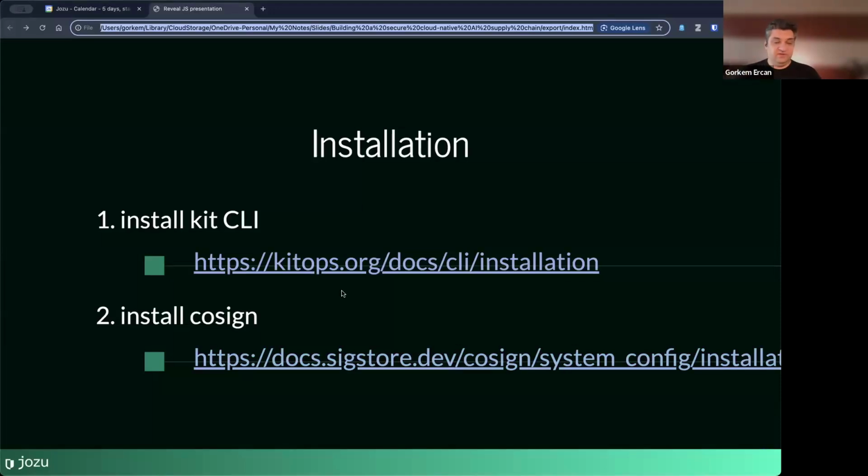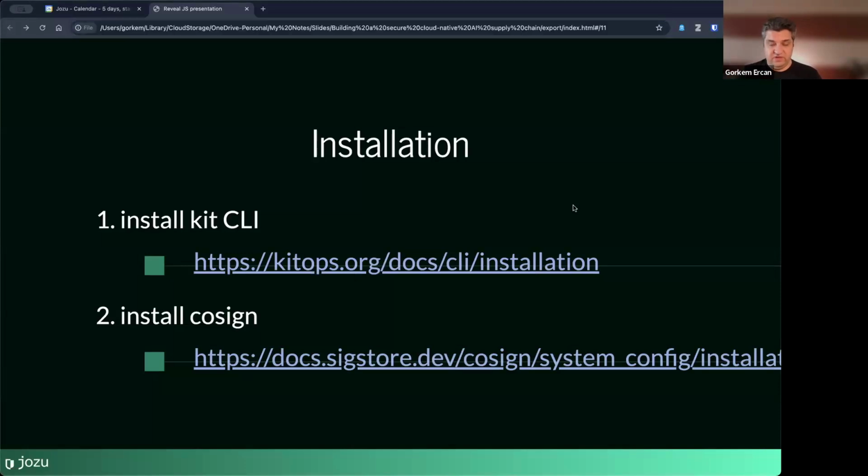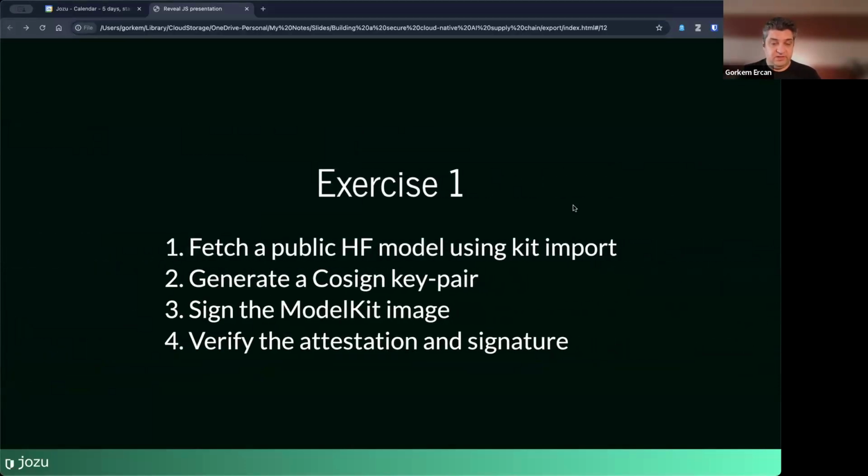All right, so these are the places where you can install the Kit CLI and the Cosign CLI. And once you have them, we're gonna do what I basically just did a minute ago. You will need access to a container registry.